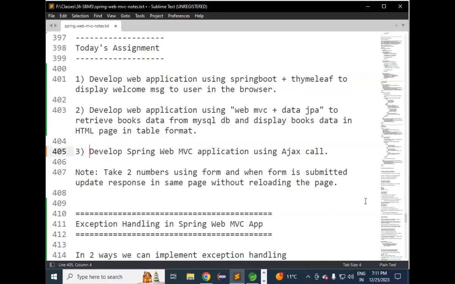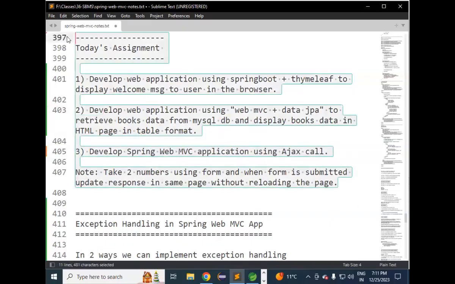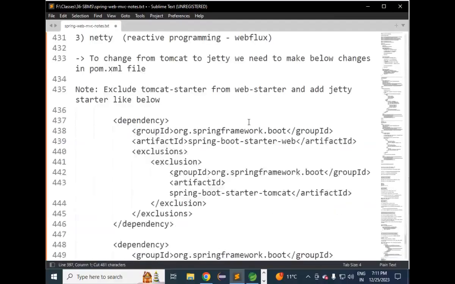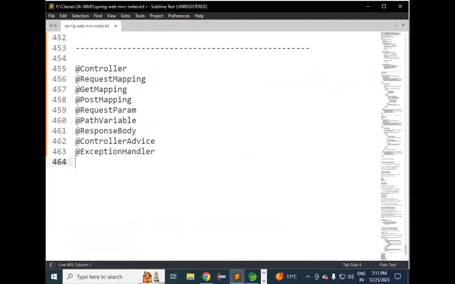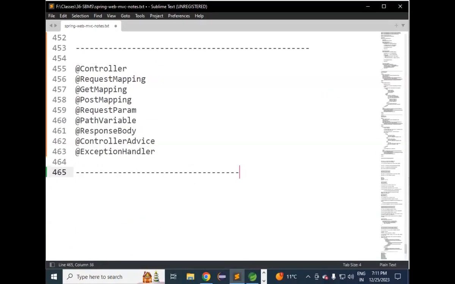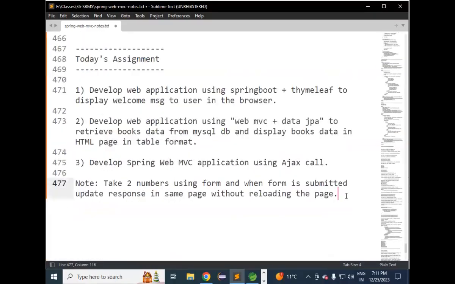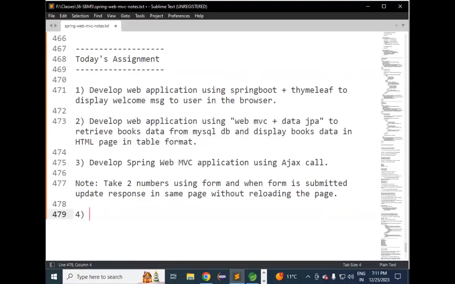That is the assignment for today. These are the annotations we learned so far. So the next assignment: develop and implement form validations, develop a WebMVC